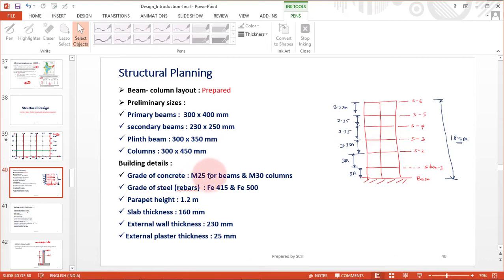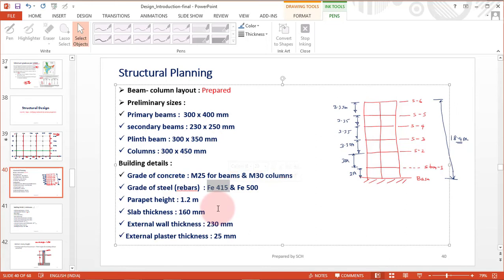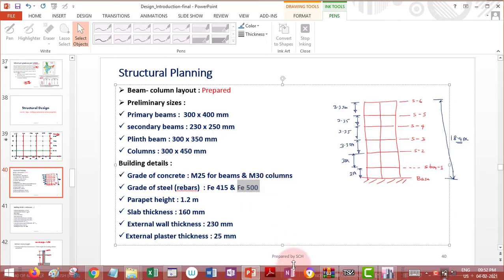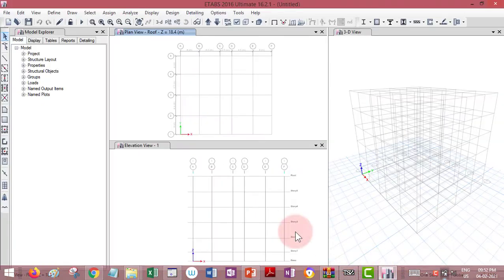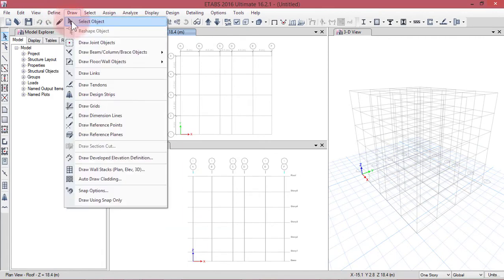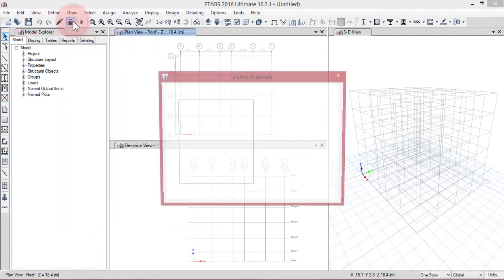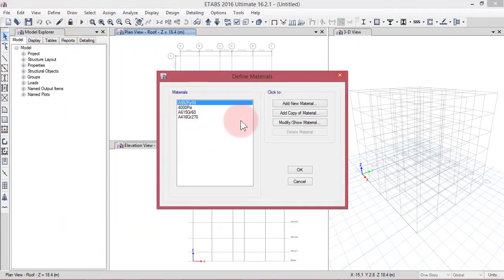We are using M25 for beams and slab, M30 grade of concrete for the columns, and for the reinforcement we are using Fe415, HYSD bar 415, for the stirrups, and HYSD bar of 500 megapascal strength, Fe500, for the longitudinal bar. So we have to define the materials first. For that, go to define, go to material properties. Here you will get this window, define materials.